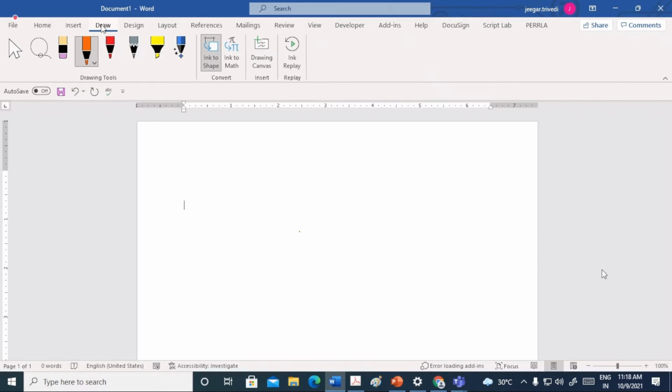Draw. This is a new feature that was not present in 2009 and 2013, I think. This is one of the important features they have introduced. This Draw allows you to use Microsoft Word like the Paint application.